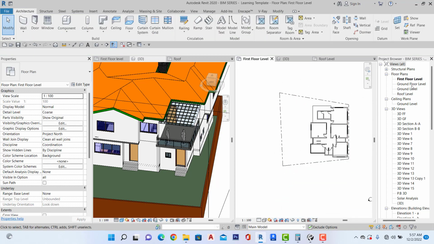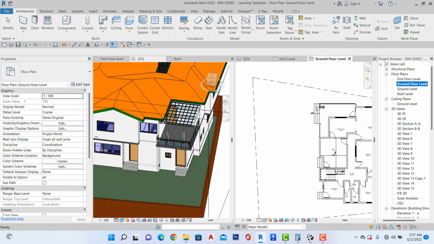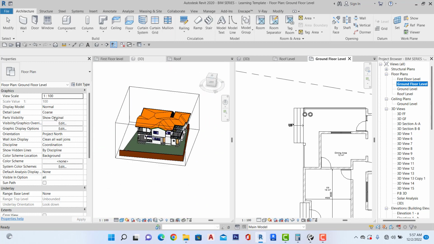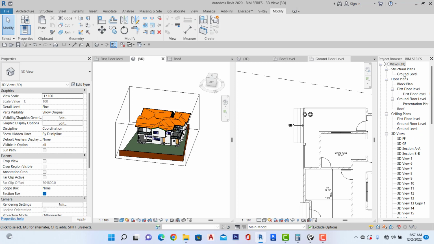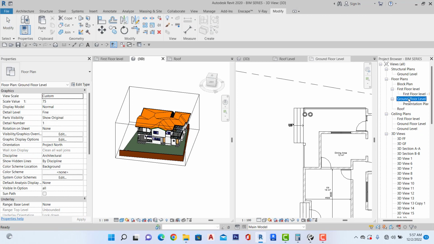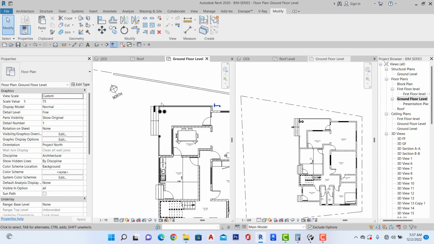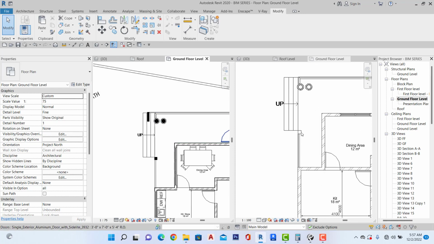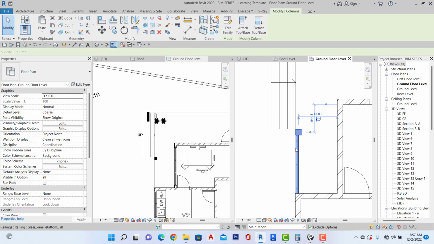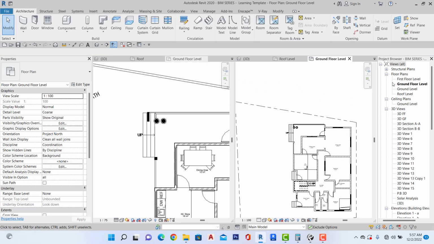Okay, so after this, what I think I have to do is to come into the ground floor plan of my beam series template. So I have some columns around here, circular columns, rectangular columns here, which we have ours here. So I'll go to the first floor plan,